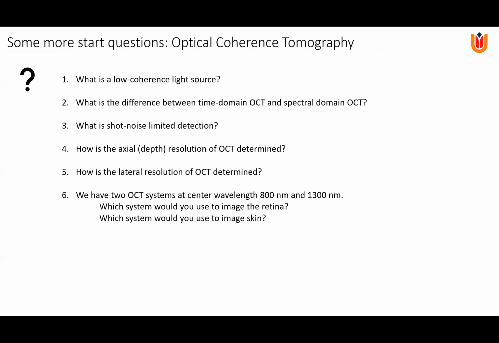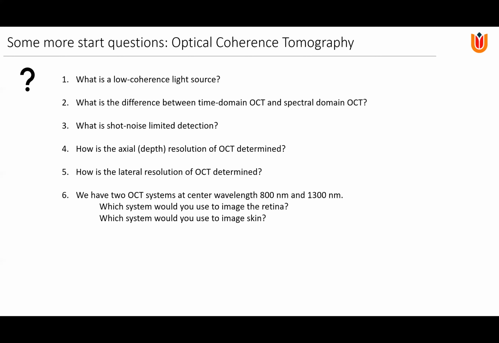So same question. How does the scattering coefficient, the scattering strength, compare between 800 and 1300 nanometers? Which one is higher? That's higher for 800 nanometers. Yeah, there it is higher. So for